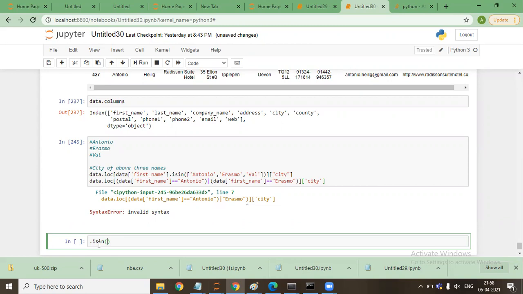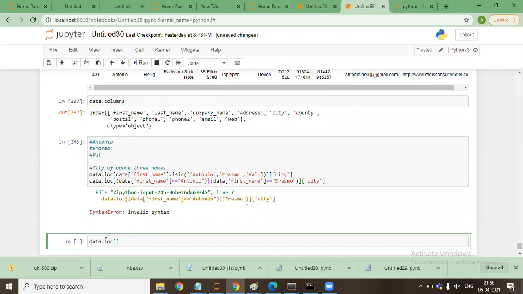But here, if I say data first name, this is a way of accessing a row or a column, and that should be in the square bracket, like data dot loc, data first name. It is in the square bracket because this is a way to access Python data frames.